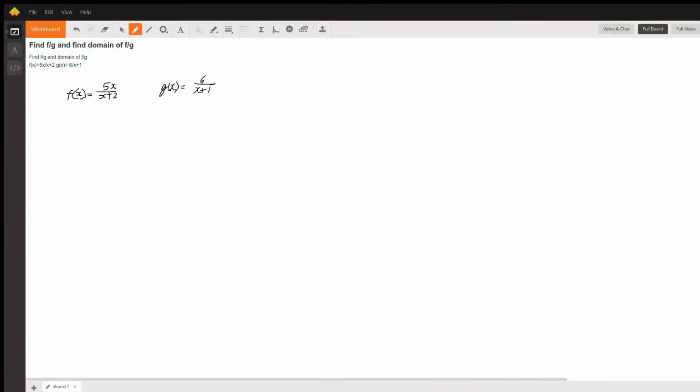Liberty of rewriting the functions. The way they're shown in the original text does not use parentheses, but looking at the problem, this is more similar to what I've seen previously. So I've rewritten them as if there were parentheses around the x plus 2 here, like that, and the x plus 1 here. So to find f over g,